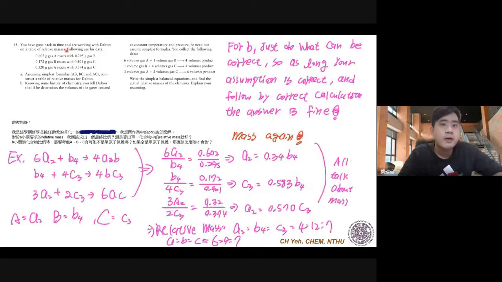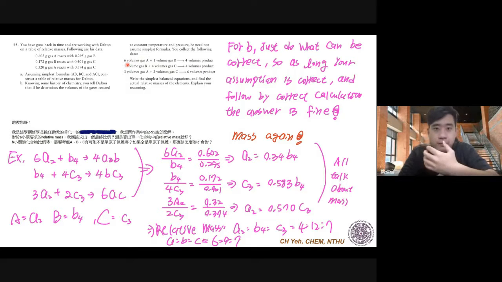Oh, in question B, a student asked, when we are finding out what kind of composition is inside gas A, gas B, and gas C, he actually asked a good question: isn't it possible that A, B, and C are not monatomic gases? That is, A, B, C may not be monatomic gases. Of course. So in part B, you just make your assumption, any assumption, and it is correct when you put it inside the formula over here,